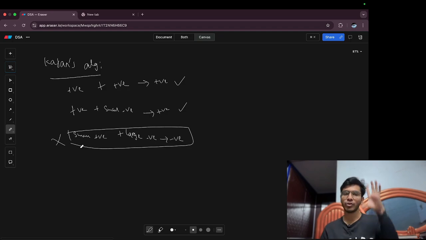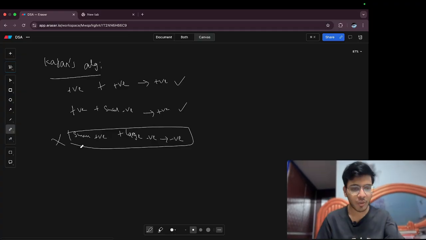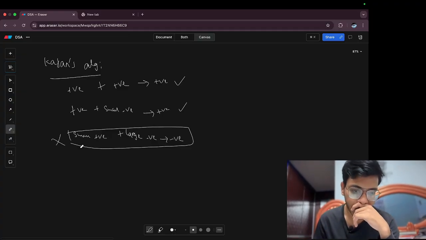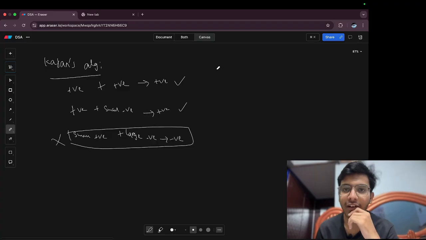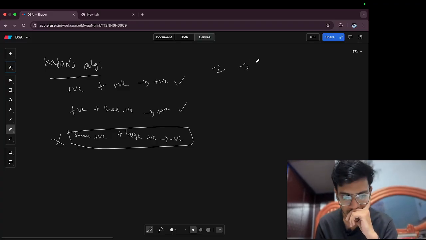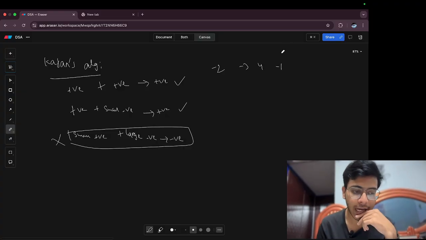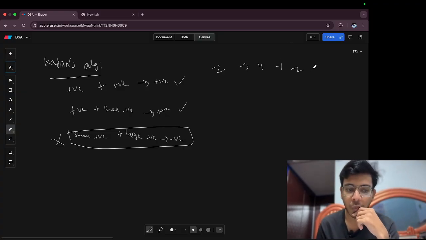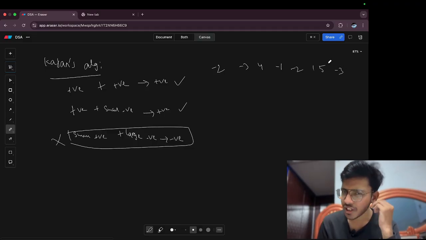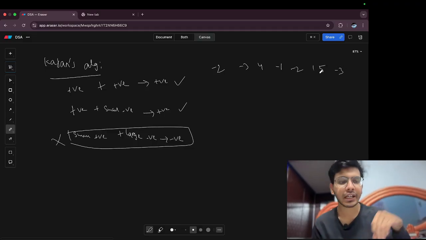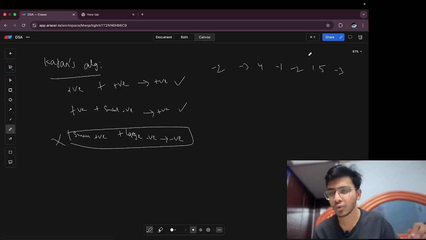So what we will do, let me take a negative element example as well. I have a negative element with me, I have a sample case with me, right? So let me write an array. Let's say I have the elements -2, -3, 4, -1, -2, 1, 5, 3. So the logic here is that we will create, Kadane's algorithm will tell you you start